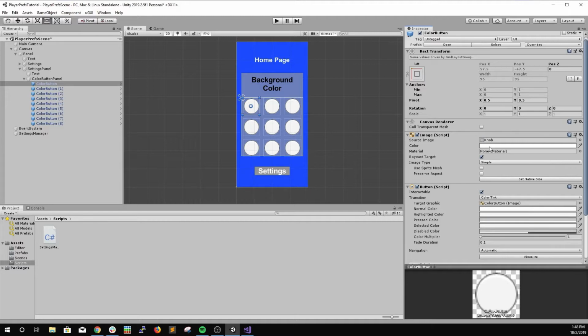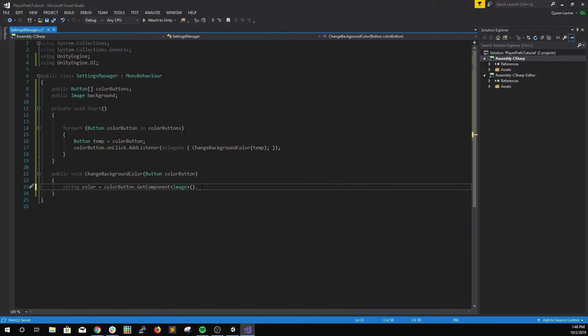I guess the other question then is, which color are we changing? If we change this color, then we want this image color. If we want this normal color, that's going to be something different. I think that we want the image color, so we are going to use image. That color, and then we can change this color into a,